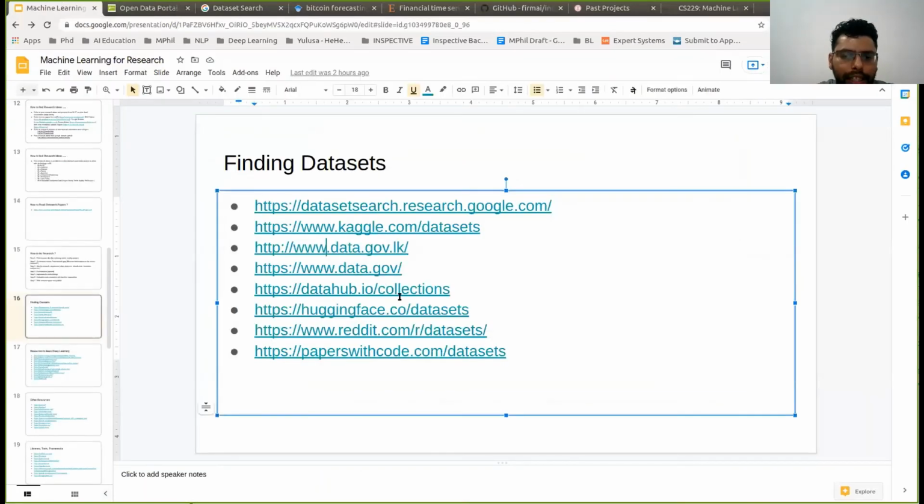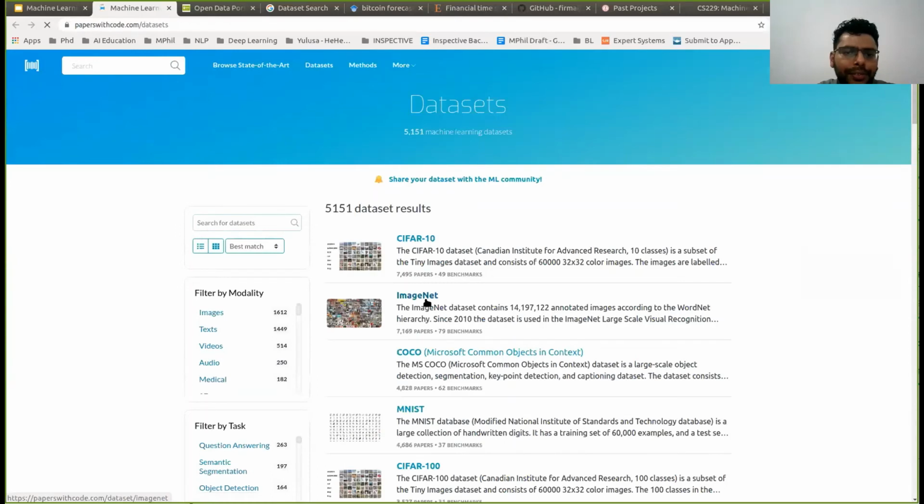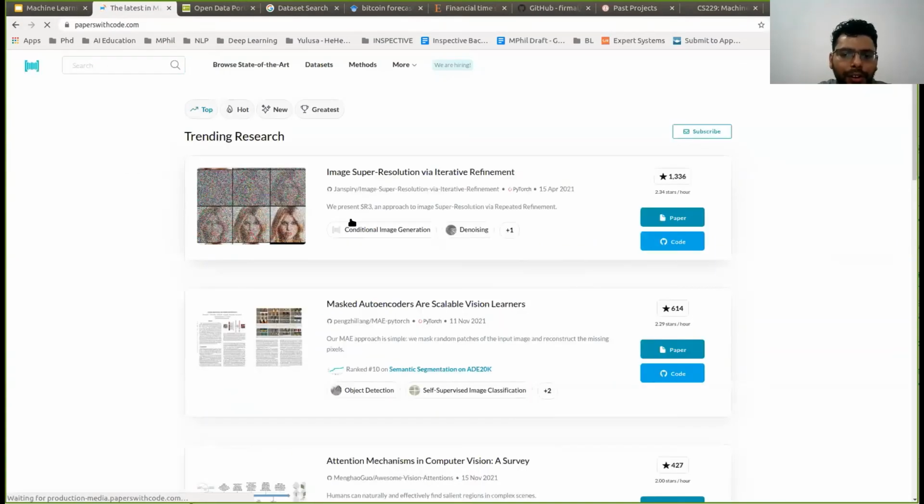Other places are Data Hub, and Hugging Face, which is another very popular website where you can find data sets related to natural language processing. Then another place is Papers with Code. It's a very comprehensive website where you can find data sets, and you can also find papers and see if there is any code for a particular paper.